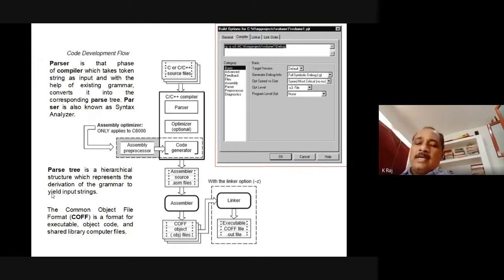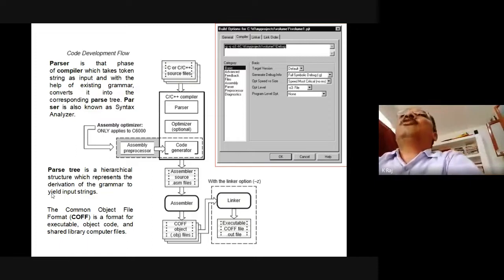Now this is the block diagram that again describes CCS, that is Code Composer Studio. As we have discussed in the previous slides and lectures, the first section is the code, that is the C++ source file, which is the input to the compiler, having different sections.